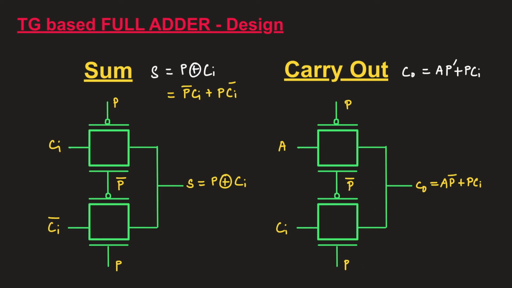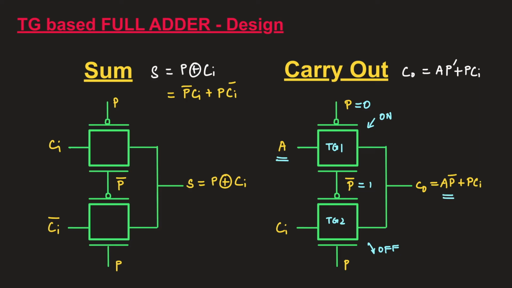To start with the explanation, let us first name this one as TG1 and this one as TG2. So now when my control signal P is equal to 0, I know that TG1 is going to be turned on and TG2 is going to be in off condition. So therefore when TG1 is on, we know that P bar is equal to 1. So therefore what happens, whatever input that we are going to give here will be multiplied with P bar because P bar is only 1. So therefore my expression will be A dot P bar.